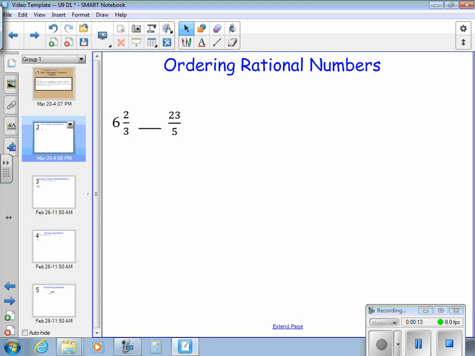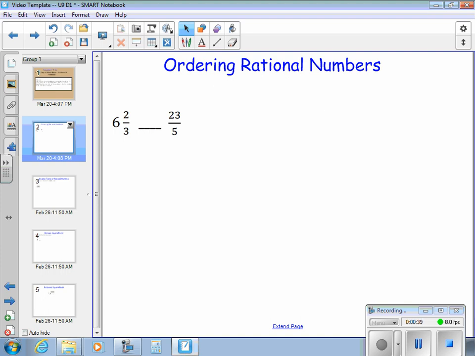Okay, we have two numbers here that we're going to compare. One of them a mixed numeral, one of them an improper fraction. And they're wanting to know whether the number on the left is less than, equal to, or greater than the number on the right. So we need to do two things here. First of all, we need to get them into the same form. We need to convert the mixed numeral into an improper fraction, and then we're going to need to get common